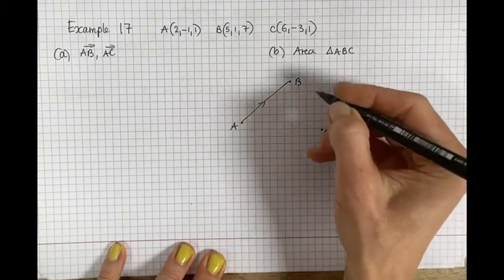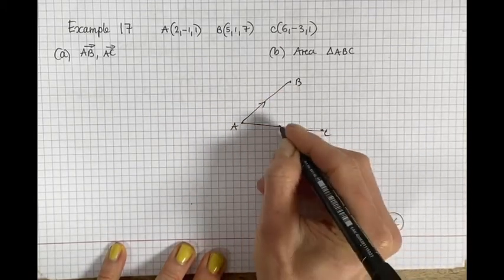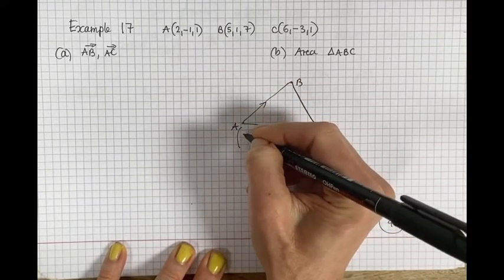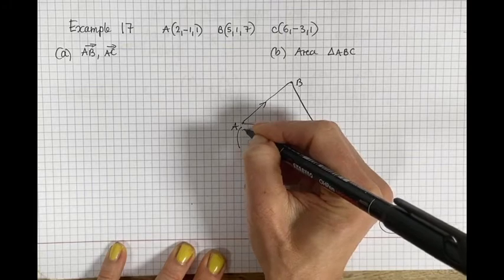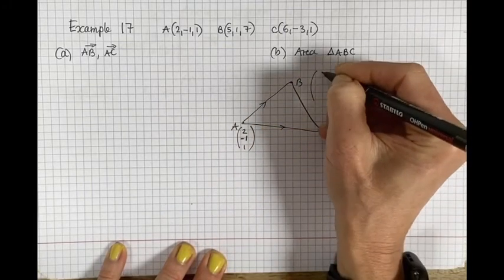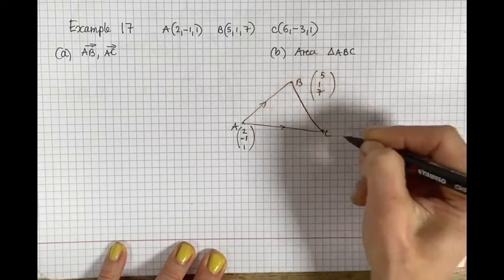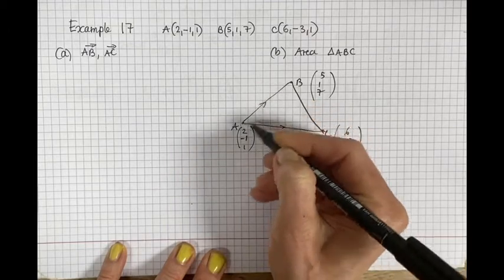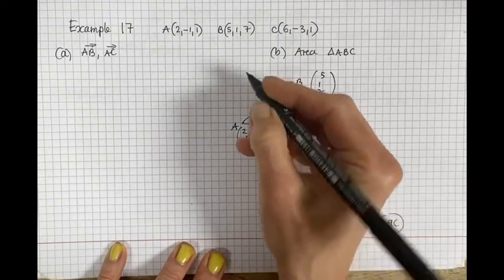So AB, AC, and there's another side. Vector OA, so the position vector of A is (2, -1, 1). This is (5, 1, 7). And this is (6, -3, 1). So you can really quickly, visually see that AB